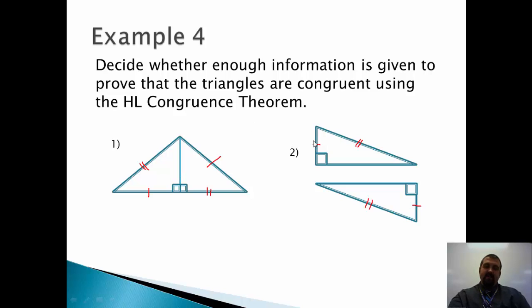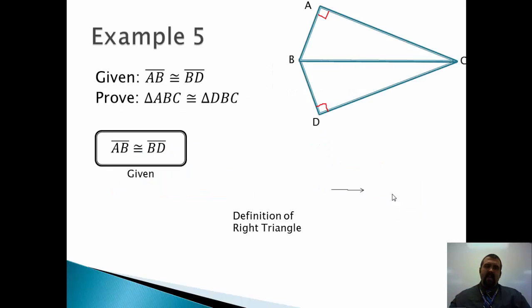In the second one here, I have a leg matched up to a leg. I have a hypotenuse matched up to a hypotenuse, and I know they're right triangles because of the right angle symbol. So therefore, these two triangles are congruent by the hypotenuse leg theorem. Because I have a hypotenuse matching up to a hypotenuse and a leg matching up to a leg, and they're both right triangles. And the last one,